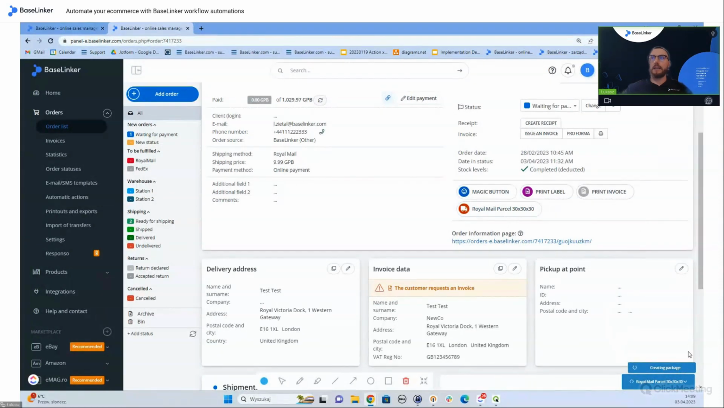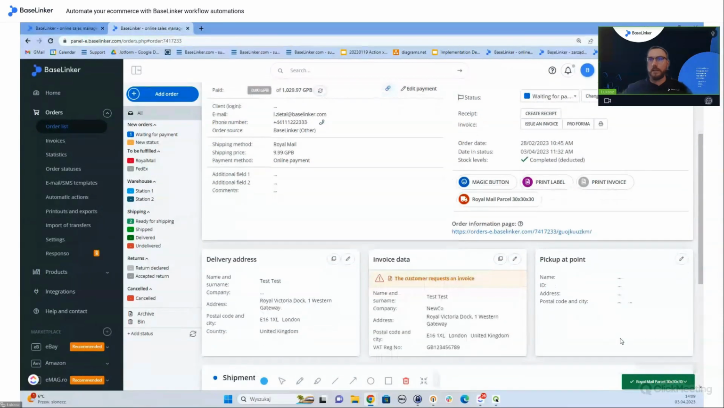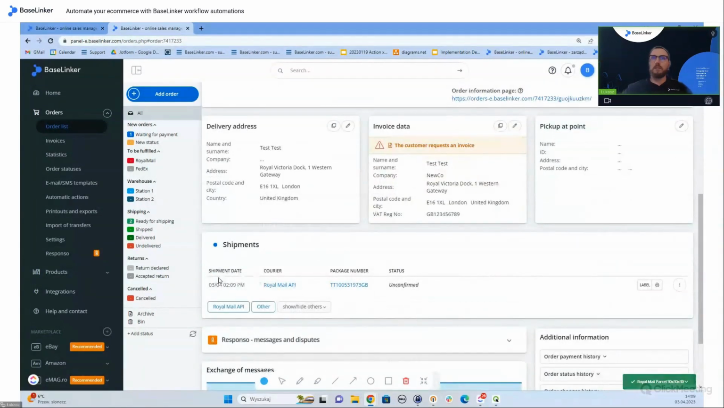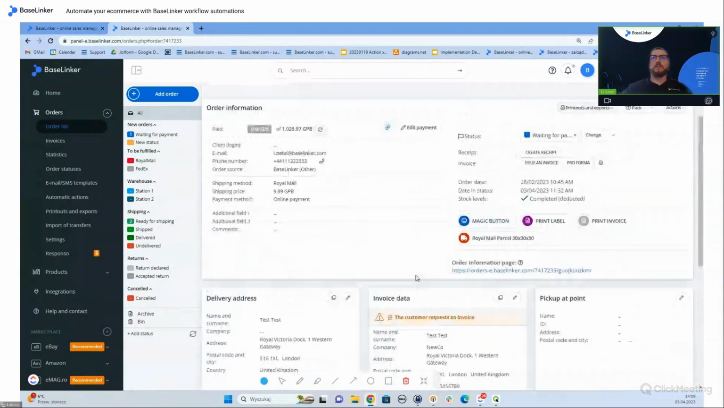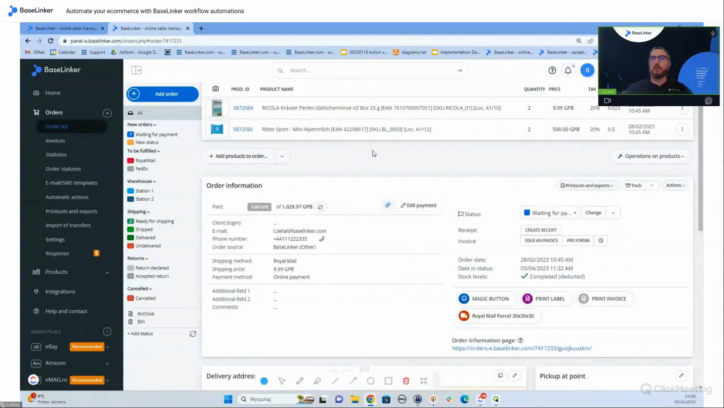So the automatic action has been launched, and you can see it at the bottom right corner. If I scroll down in here, you can see that the package with the dimensions that applied to the button has been created. And this is one of the ways when it comes to the automatic actions for creating the shipping labels. And the second one that we will go through